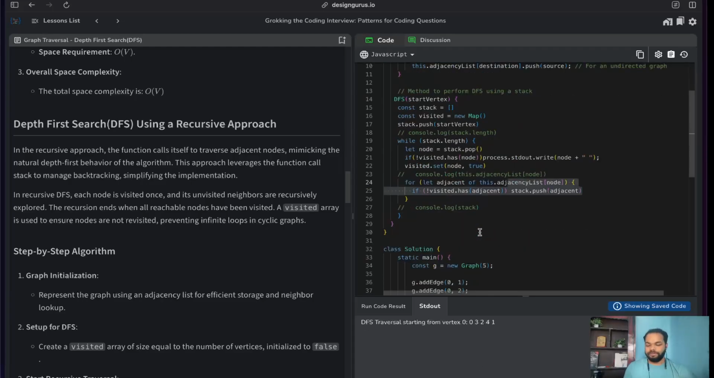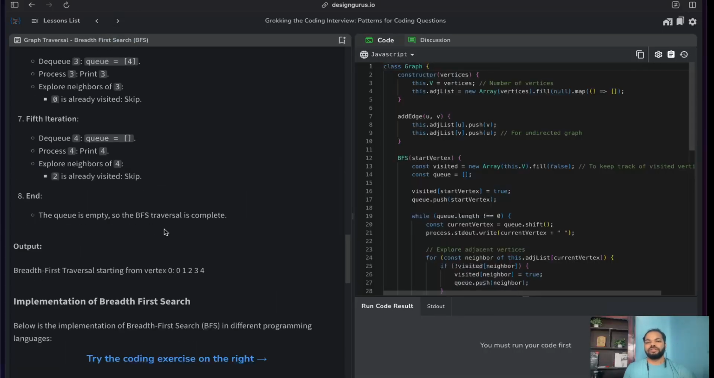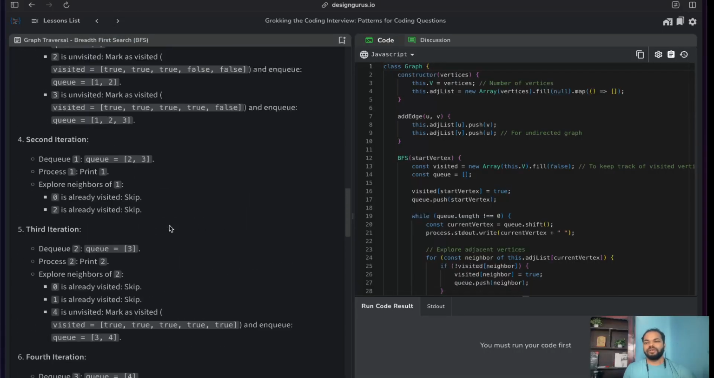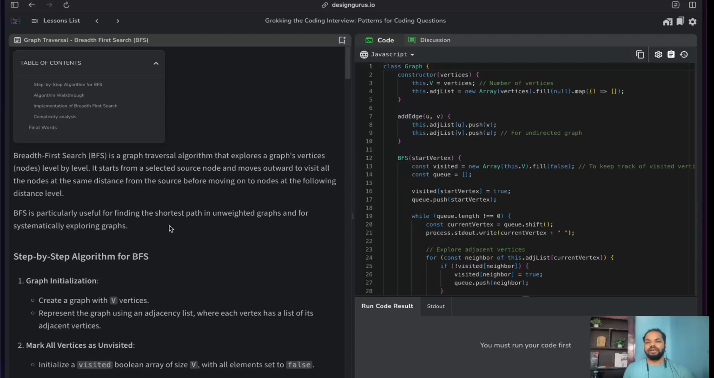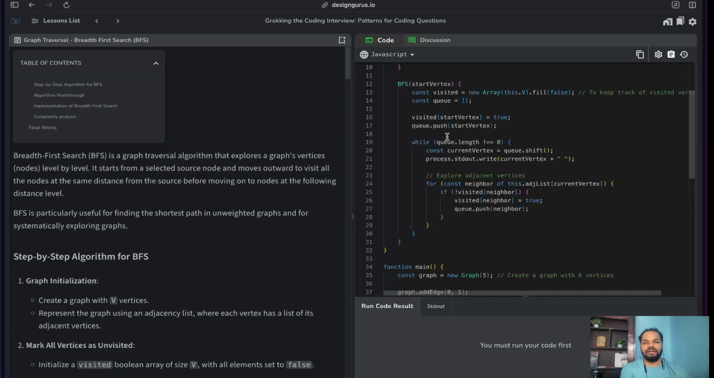Okay, cool. Let's look at BFS, breadth first search. In breadth first search, we will be searching level wise, and we will be using the queue, similar to what we did in the tree traversals. It will be similar to that. So we will be creating two things similarly,